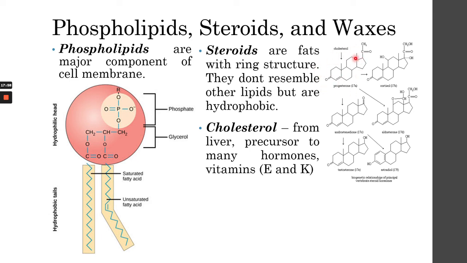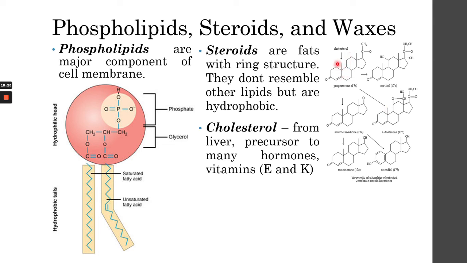This cholesterol here is being used to create cortisol. Cortisol is what we call a stress hormone. So this is the hormone released when you are stressed to help you cope with stress. So when you see a stressed person and check their hormones, you will see a lot of cortisol in their blood. Another